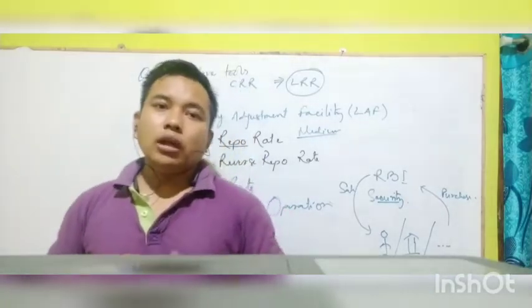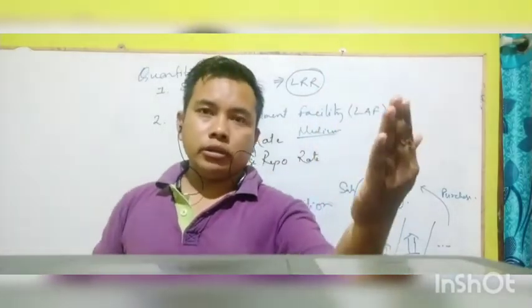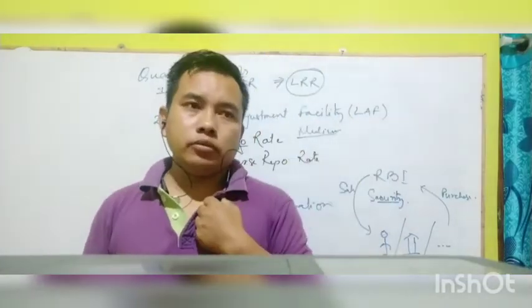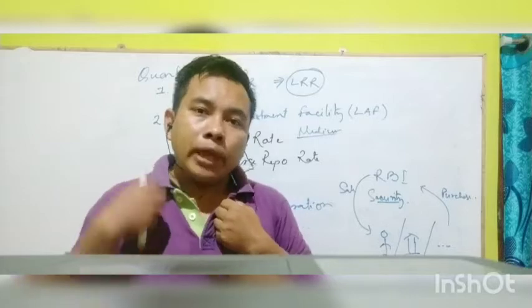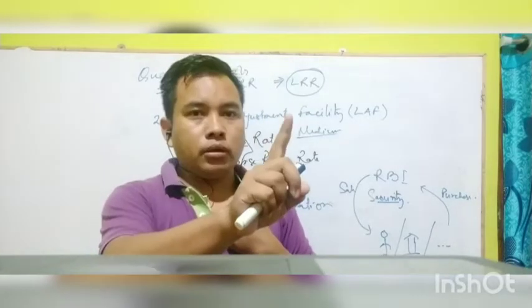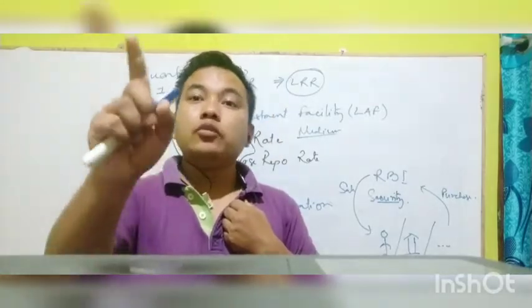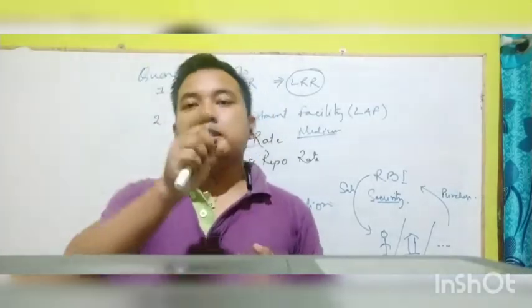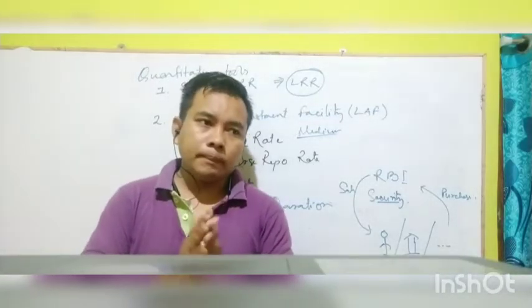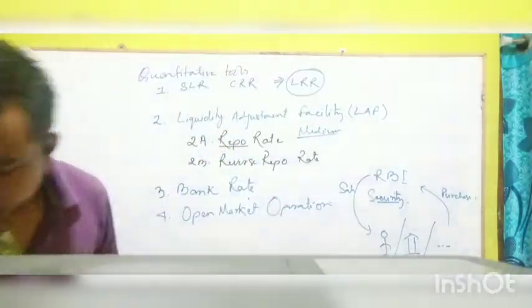Opposite, the piece of paper is called security. If you have that piece of paper called security and I purchase that from you, I will pay you money. That means earlier you were having only a piece of paper. Now you have 100 rupees. Means you have more money, so money supply increases. Did you get it? Yes or no?